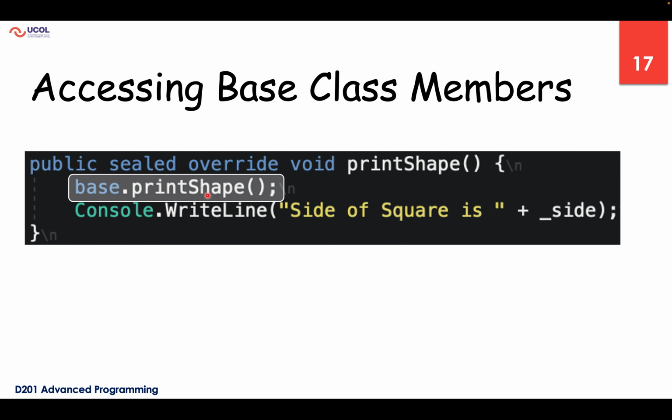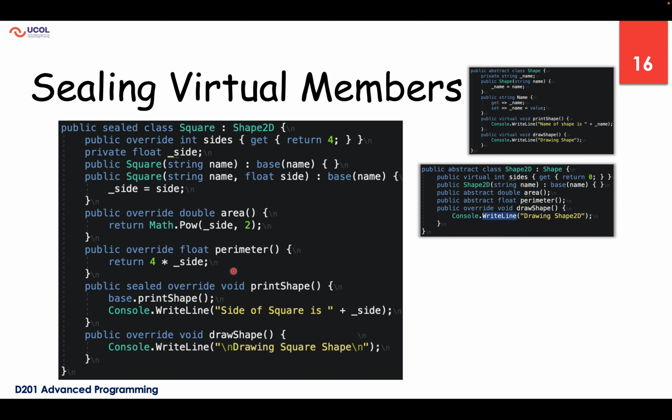So this is how we can stop inheritance and say that this is the final class. There is no further inheritance possible with this class. If we want to ensure that, then we say public sealed class. So now if we try to write a specific class,